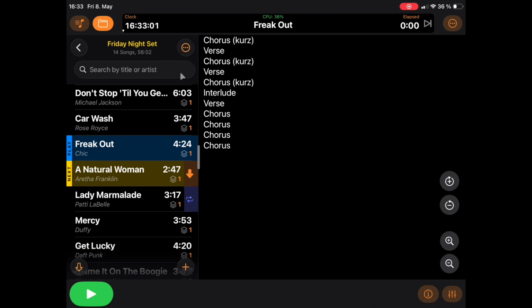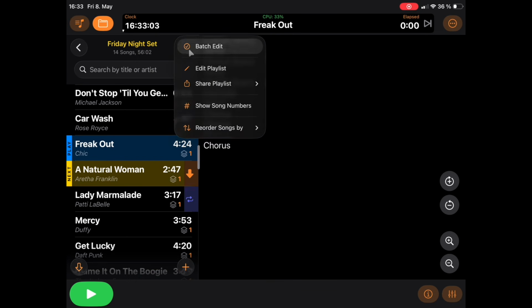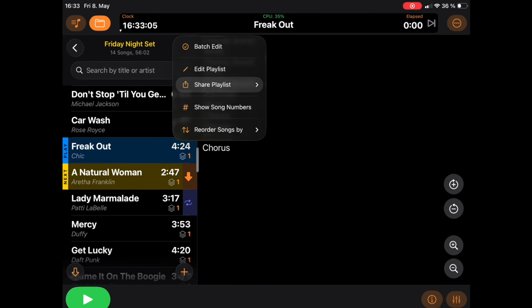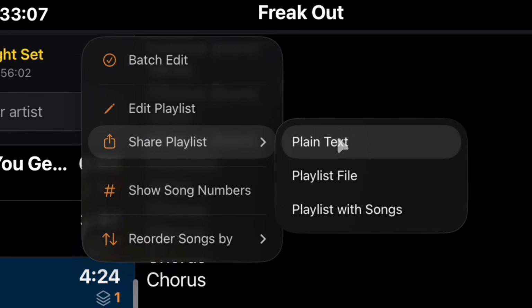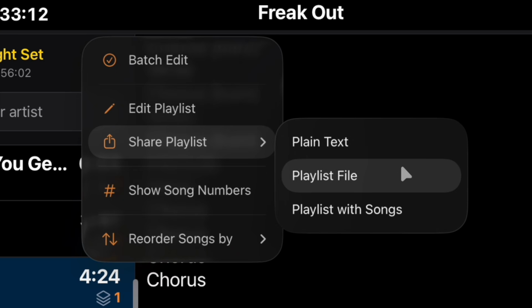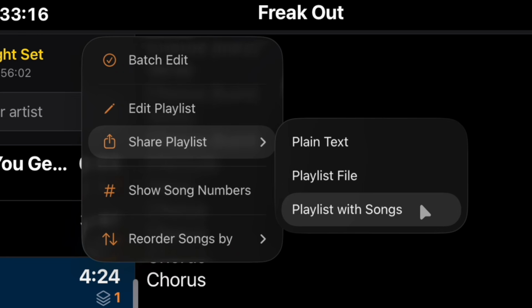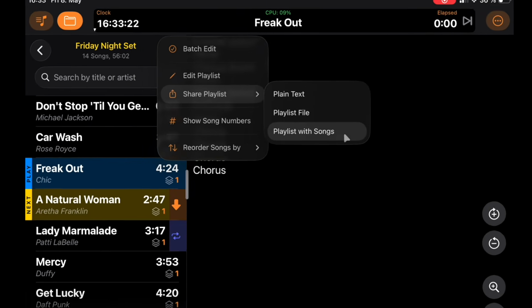Finally, sharing. Open the More Options menu and tap Share Playlist. You can share it as plain text, useful for sending a song list via email, as a playlist file that another Stage Traxx user can import, or as a complete archive that includes all the songs and audio files. That last option is great for sending a full set to a